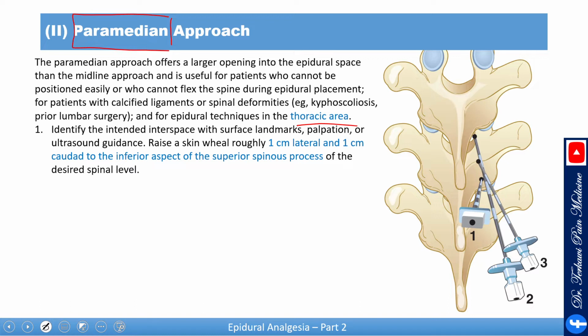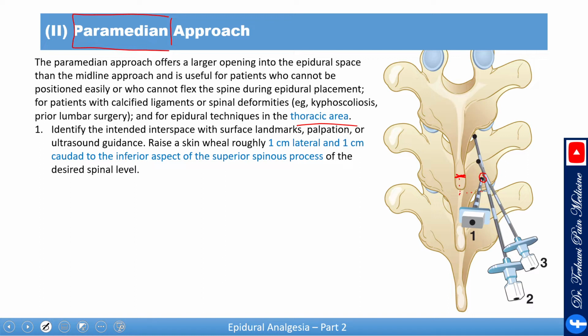So let's assume, this is not a straight AP view, but let's assume this is a straight AP, and that's the inferior aspect of the superior spinous process. So you go 1 centimeter down and 1 centimeter lateral, and you